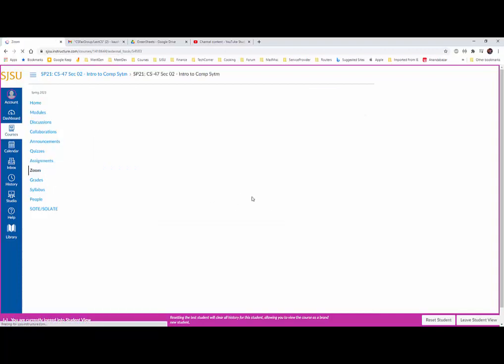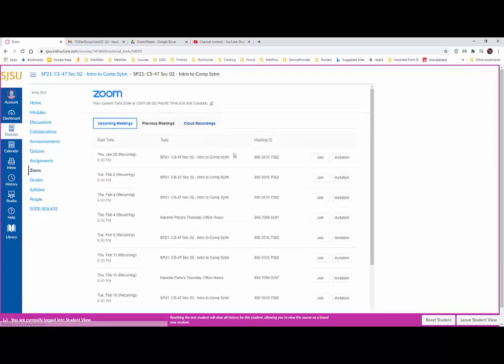There is a Zoom link, which is linked to all your classes and the office hours. Since these class meetings are set so that one needs to register before joining, if you click on join, it will take you to the registration page. You register, and then you get a link in an email saying how to come into the Zoom session. So preserve that email